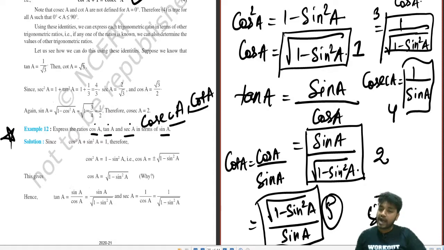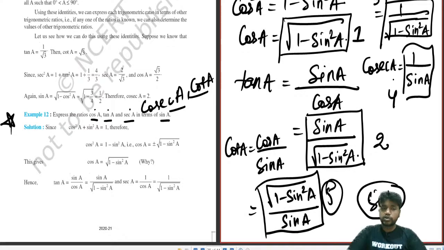So your homework will be to solve it for cos A, for sec A, for tan A, for cot A, for cosec A. Means you have to convert all the trigonometric ratios. You have a chart for this also. I will provide you with this chart, but as an aspirant you should first try by yourself also. If in case you need it, you can ping me on my YouTube channel. I will definitely reply.